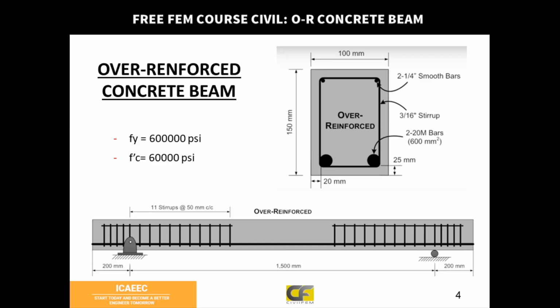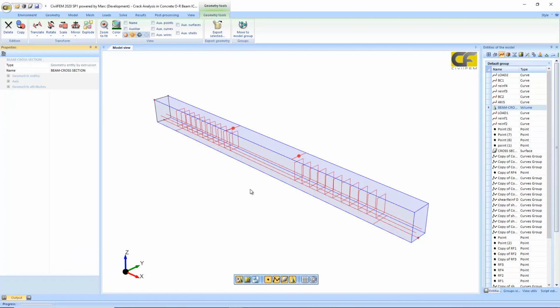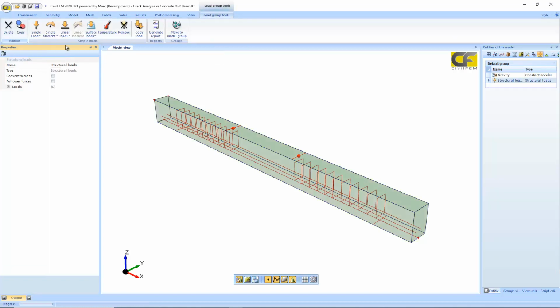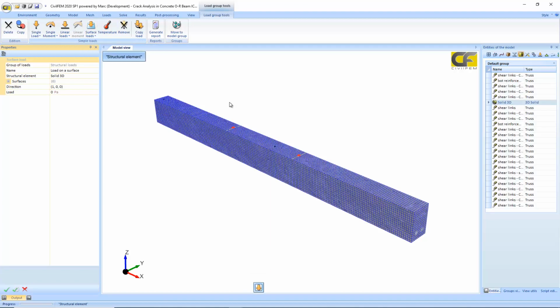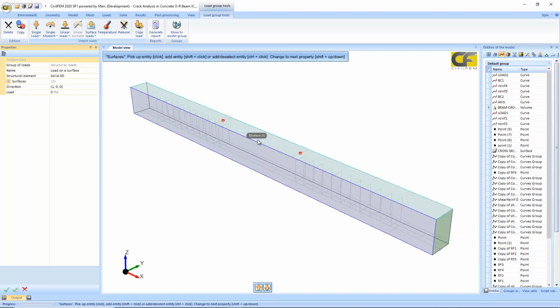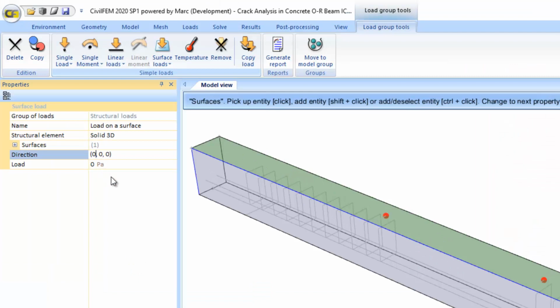To define a surface load, we can go to another example, this one, or any model using shell elements is okay as well. If you want to create a new load group, just go here and define a surface load. For example here, you have to select the structural element and then the surface. Okay, you can see that it will be highlighted gray or blue, and set the direction. I want to set a direction normal to the face, so it will be following the y direction, and here I can set